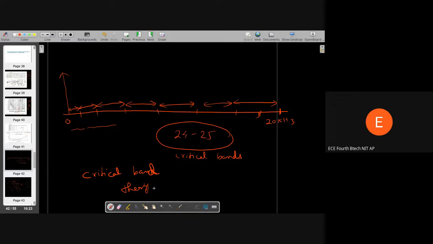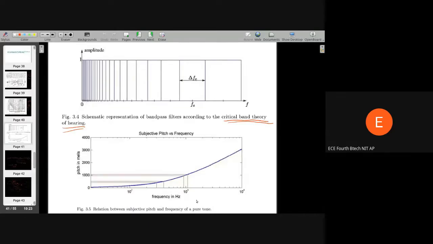So one of the important mappings for frequency is called the Mel scale. There are also some other mappings, called the Bark scale and some others, but the Mel scale is the most used and the most popular that scientists have discovered. It's called the Mel scale. So what happens is